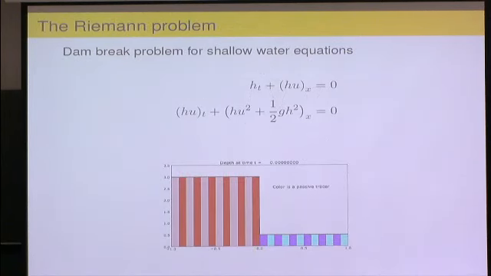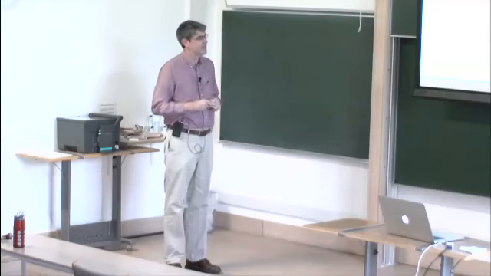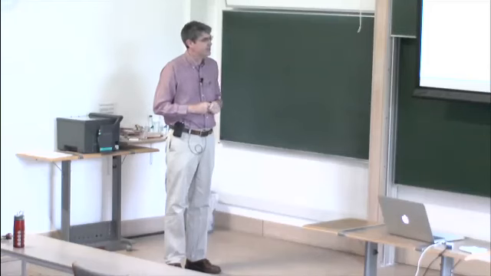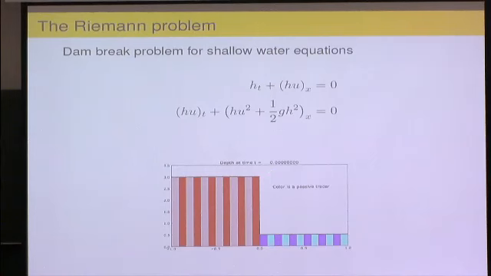So if we look at a simple case, the shallow water equations, a nonlinear system of two equations for mass and momentum. H is the depth of the fluid, U is horizontal velocity, a depth averaged equation. If we take what's called the dam break problem, that's one special case of a Riemann problem where we have zero velocity everywhere, but we have a jump in the depth. And the color here is simply a passive tracer. I've really added another equation to this for the advection of a passive tracer, just so you can see how the water actually moves. If we start with this initial data and then we break the dam, initially, what happens